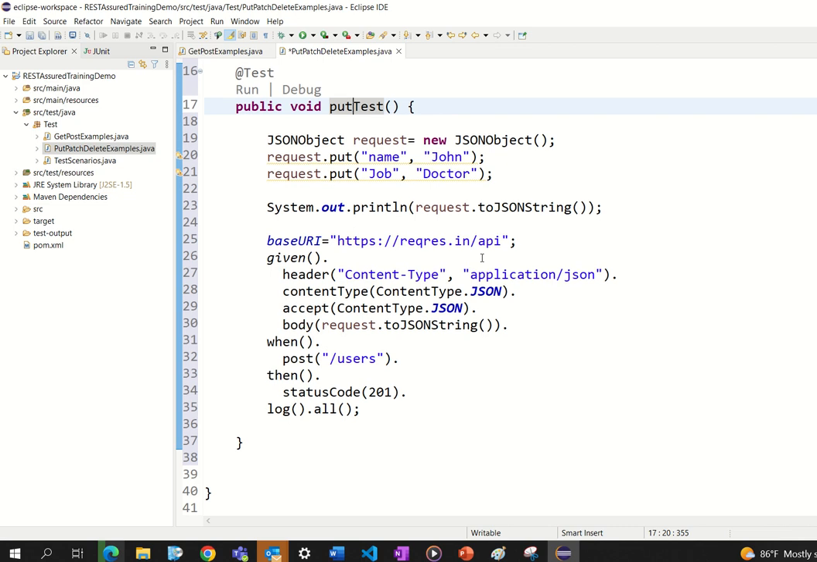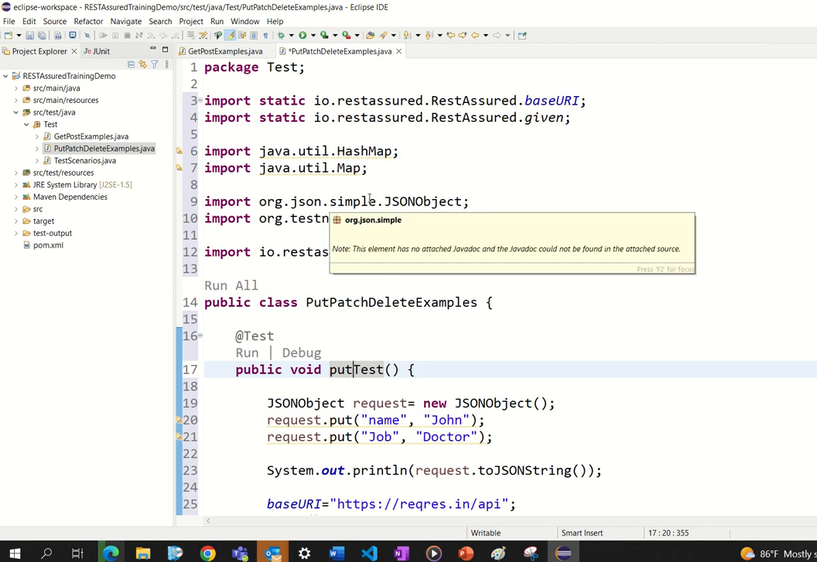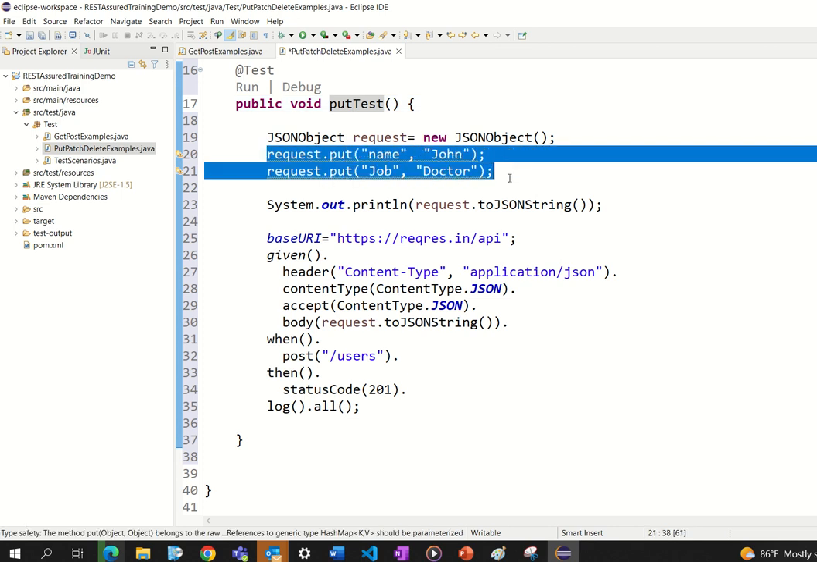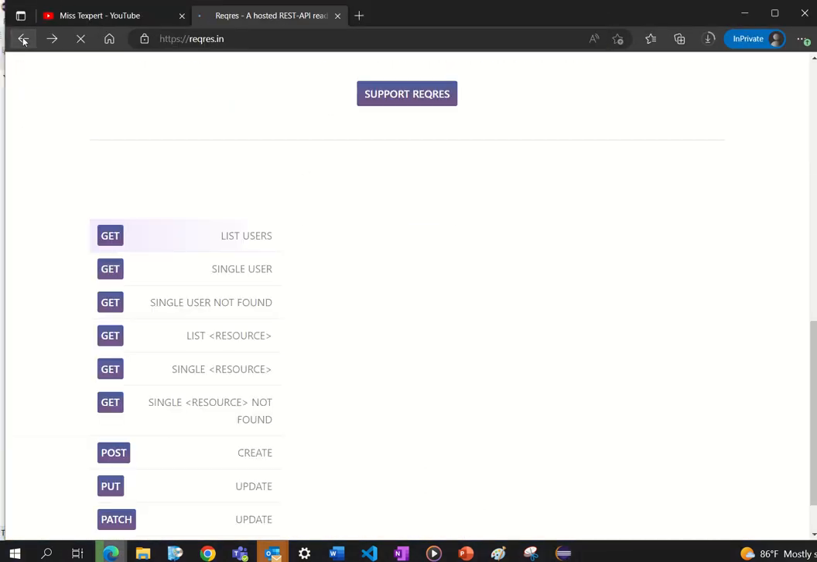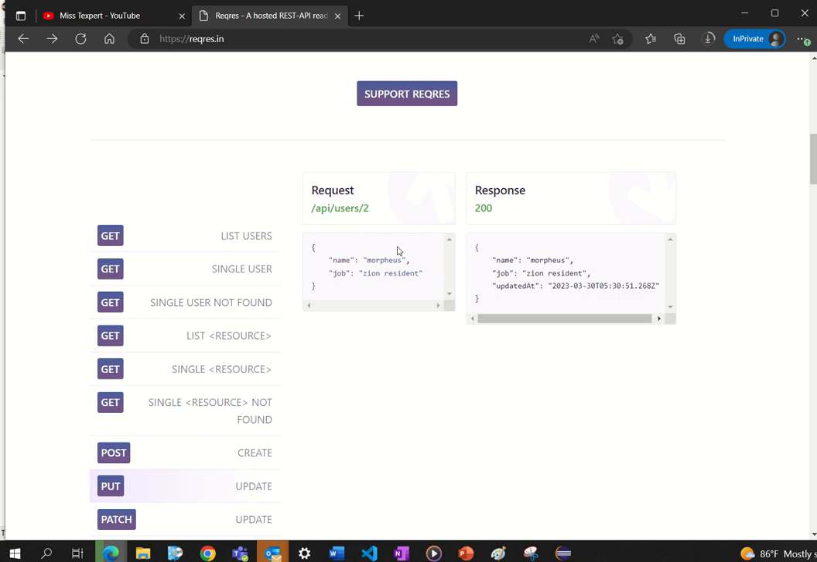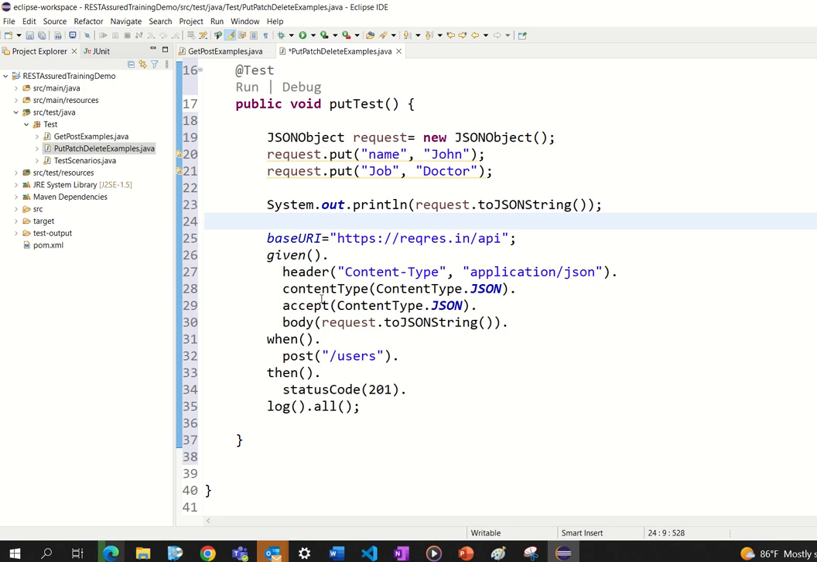And I'm using the JSON simple library to create a JSON object. In here, this is the body. If you move to this one, put update, in here this is the body, name and job. So in my case this is fine, right? Name and job is there. And for this one, I'm going to say put, right? So let me check the